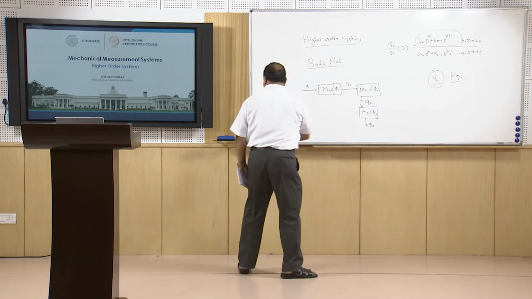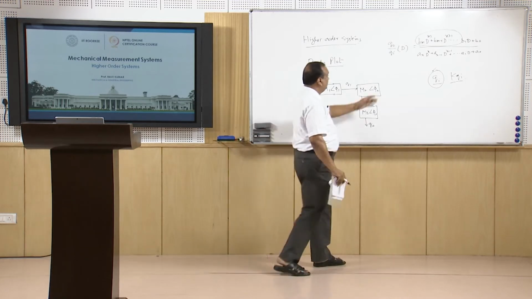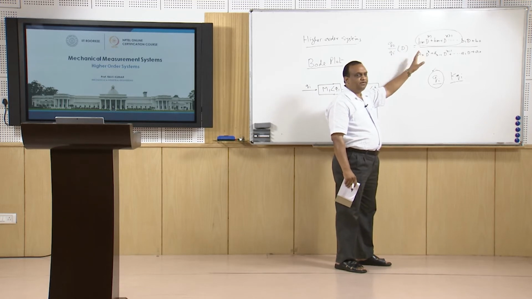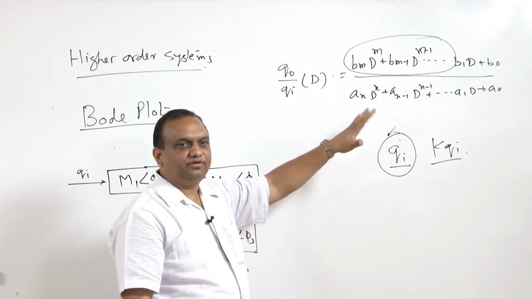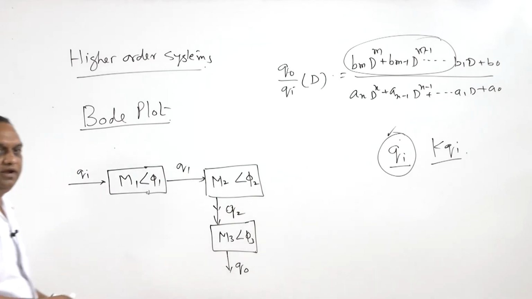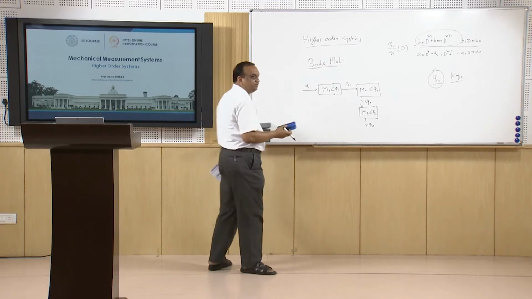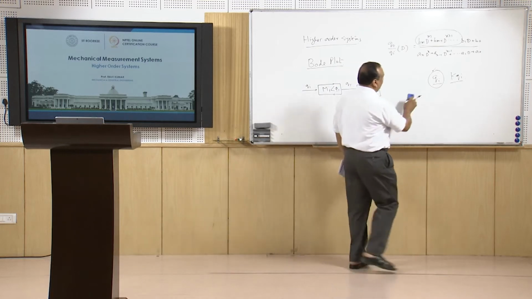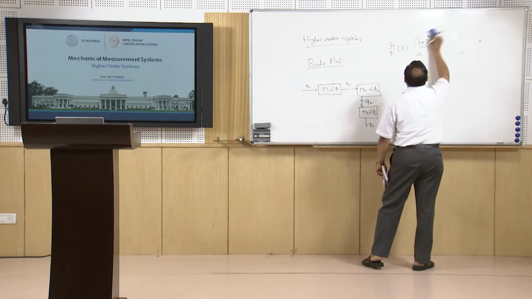Now for the transient response of a higher order system, definitely we will have to use some software because solutions will become more and more complicated. You have seen that for the second order system itself, there were a number of equations which were quite complicated and lengthy. However, in the case of frequency response,